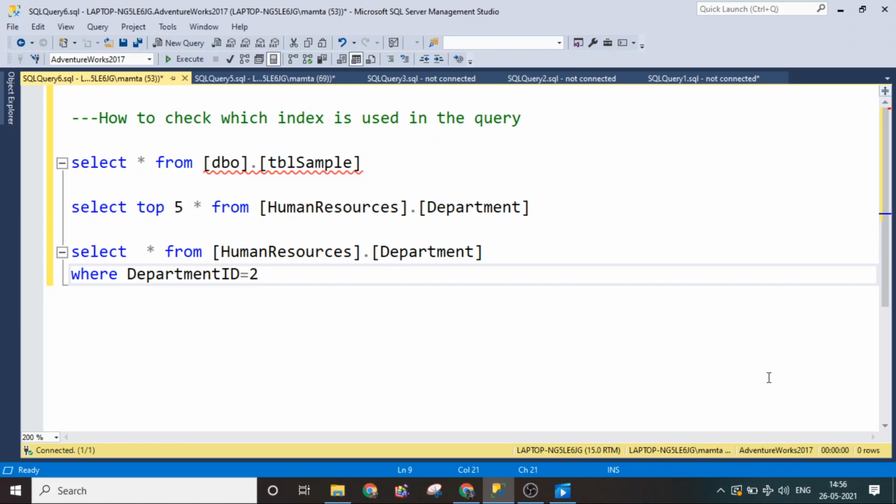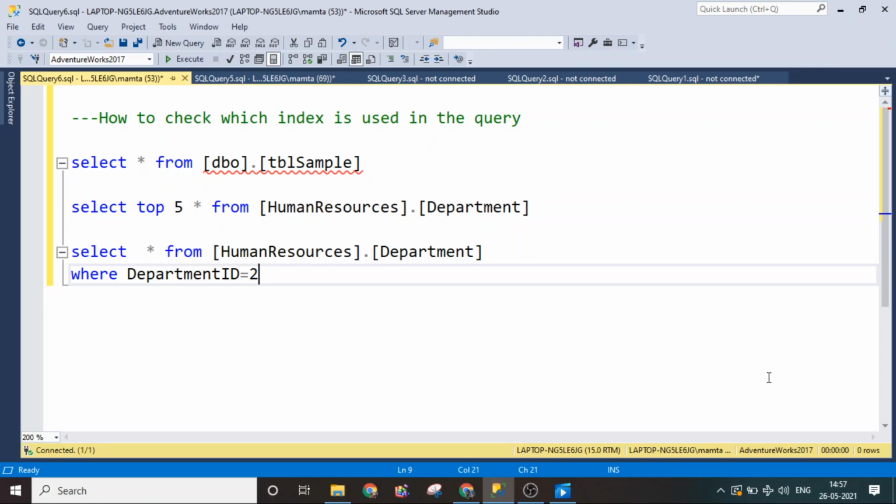So in today's session, we are going to understand how we can check what kind of index is used in the query. I have been getting a lot of questions regarding this: I have a procedure which has a lot of queries, and I don't know how to check what indexes are being used on a particular table. So for that, I thought of taking this up in today's session. We will understand how we can check what index is being used in the query.